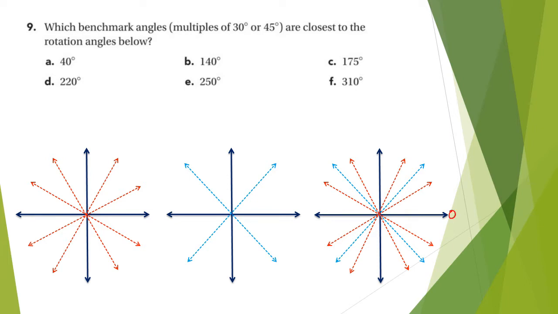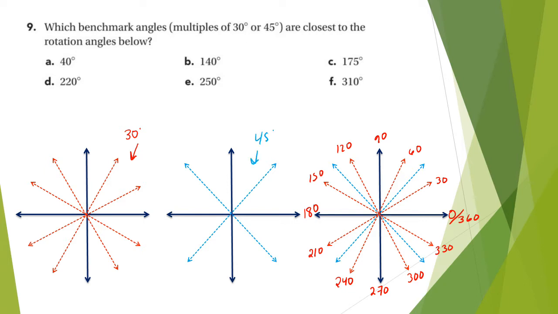So 0, 30, 60, 90, 120, 150, 180, 210, 240, 270, 300, 330, 360 if I want a full rotation. Again, these are the 30-degree benchmarks, just like what I have on this diagram here. But then I've added in on top of it the 45-degree benchmarks just so I can see them a little